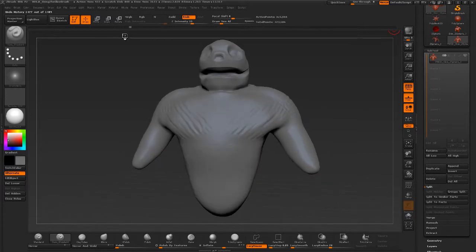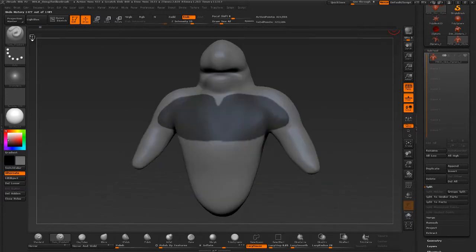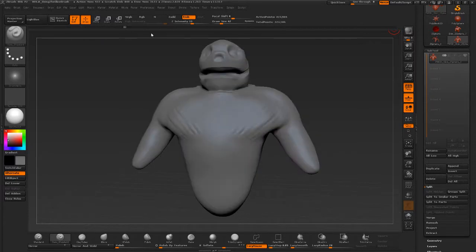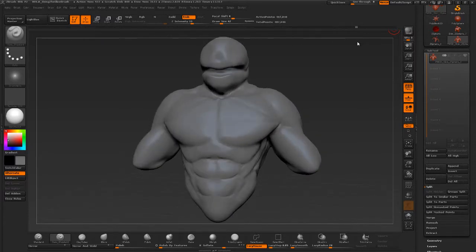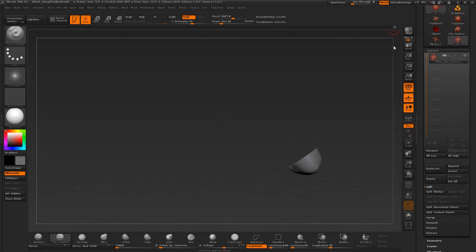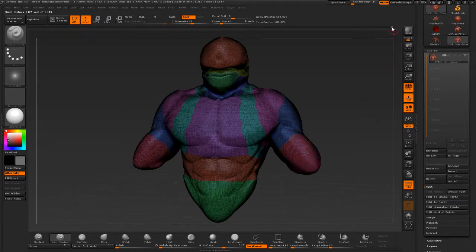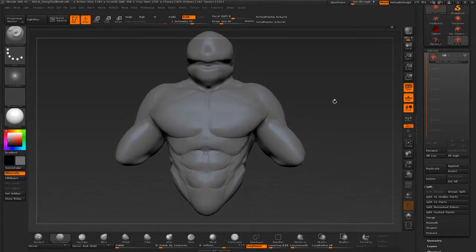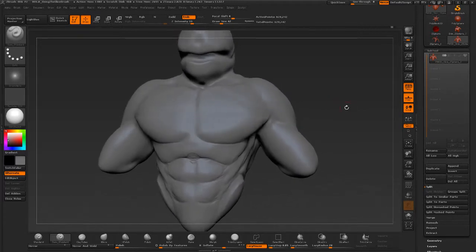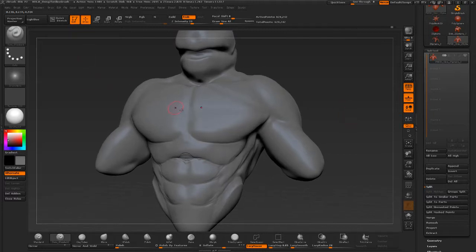So you can see from the previous videos, it was holding all the undo states to get us all the way up to where we're at, right and through here. So let me turn on the polyframe, and I'm going to step back just to the point right before I use this tool. Okay. So that might come in handy for you as well. So to get to the slice curve tool, you're going to go ahead and hold down Control and